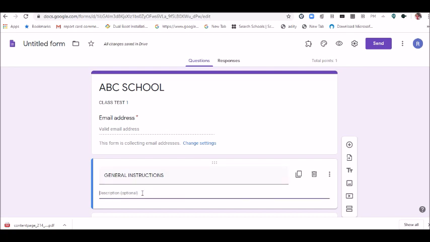Here you can write your instructions, like you want to write all questions are mandatory, right?